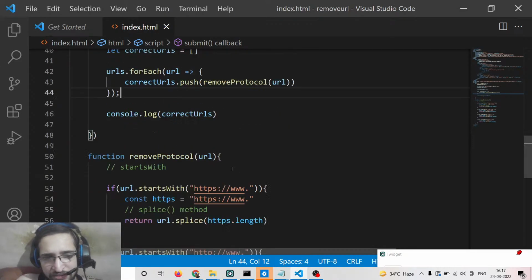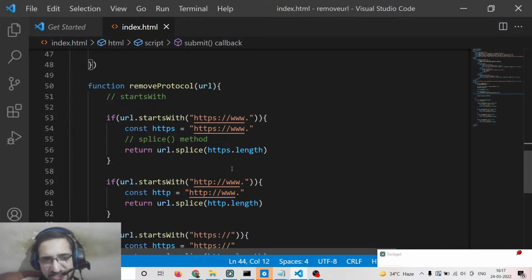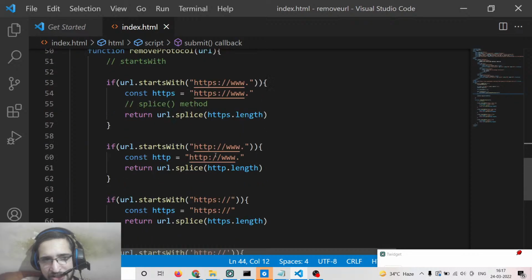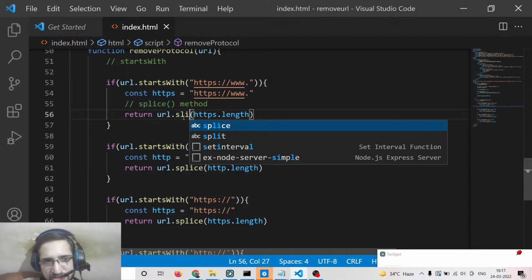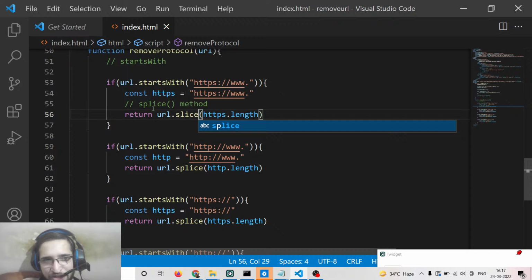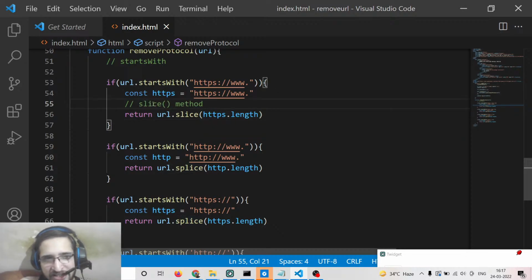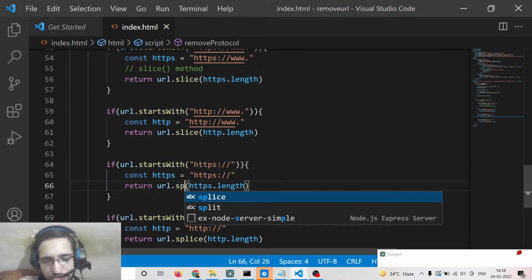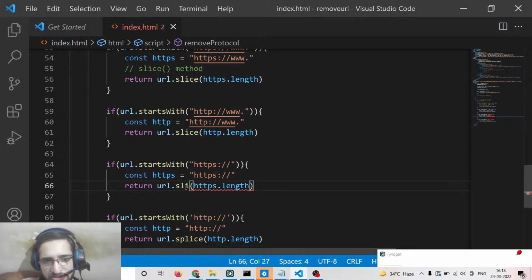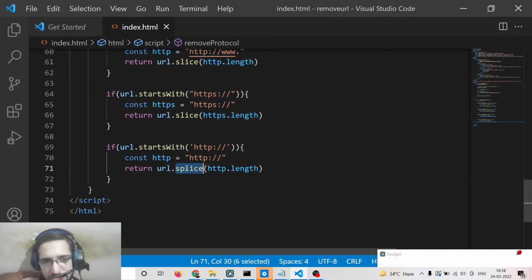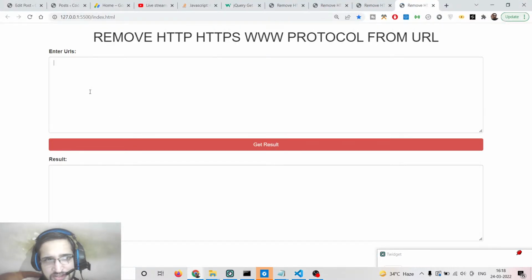So let me see, guys, what is the problem here. url.splice. Oh, sorry, this needs to be slice. Sorry, guys, we have made a mistake here. This needs to be slice instead of splice. So there is again a very handy method inside JavaScript which does this job. So this needs to be slice, not splice. So this is my mistake. So change this to slice. So now if you again refresh it, guys, you will see that if I write a bunch of